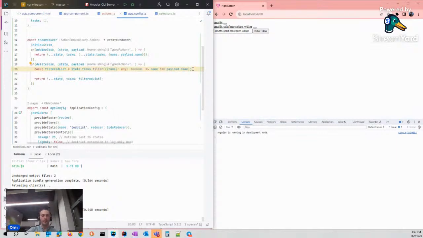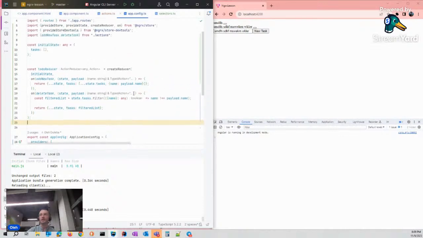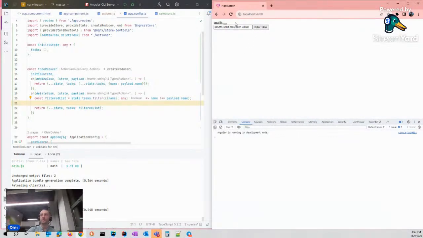Don't forget to return the new instance of the object or the array. Because otherwise, this change wouldn't be reflected in your application. If I click on this button on my second item, I remove it also.